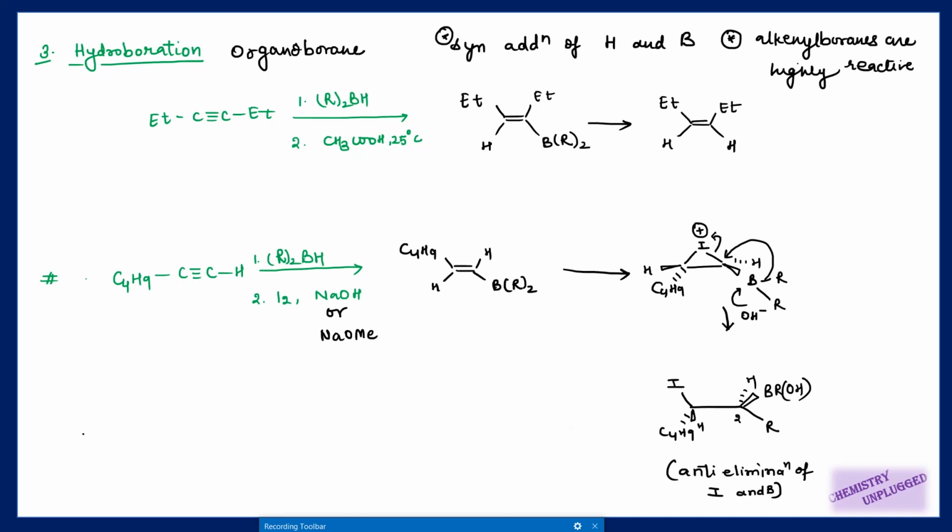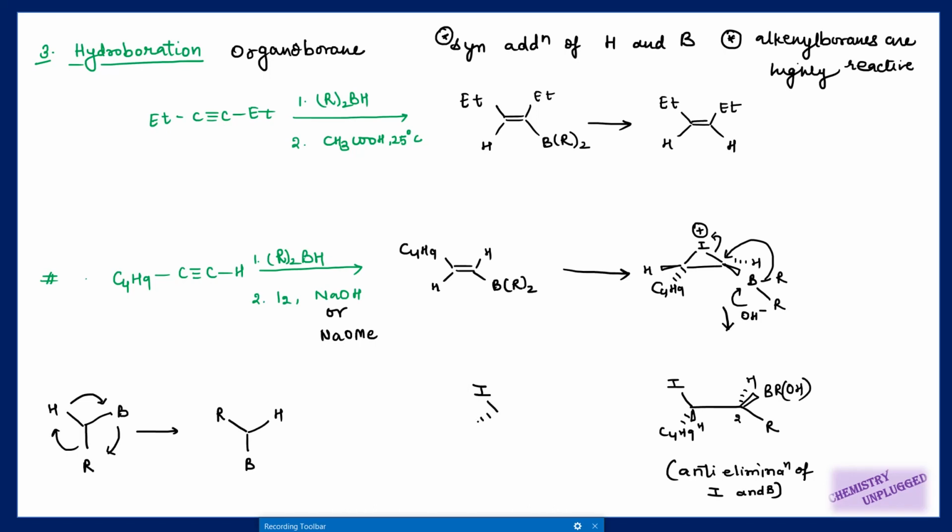How can we do this? Initially we have R on the downward side and this boron is upward, meaning we can draw it on the right hand side, and this H is going below the plane, so we can draw it on the left hand side. Now we have to place this boron in place of R, so we will rotate it like this. So R will occupy the place of H and H will come in place of boron and boron will come in place of R. So in this structure we can write it like this.